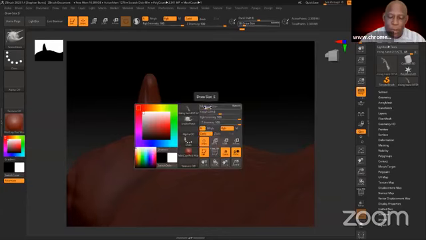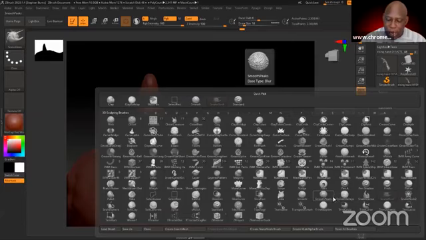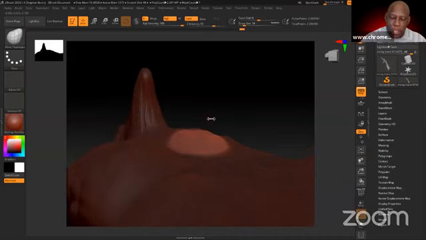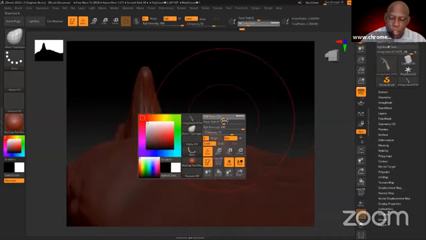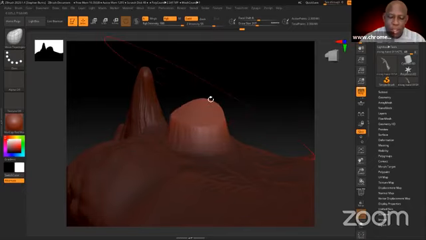So if I click here and grab one more brush, which I like is the topological move brush, I'll make that larger. Again, the buttons on my pen are set up in such a way that I can work fast. So now I would take it and just pull that out. Does that make sense?